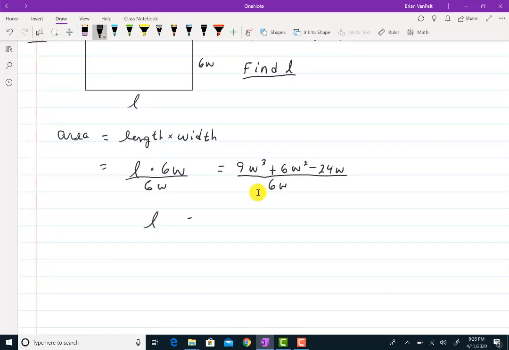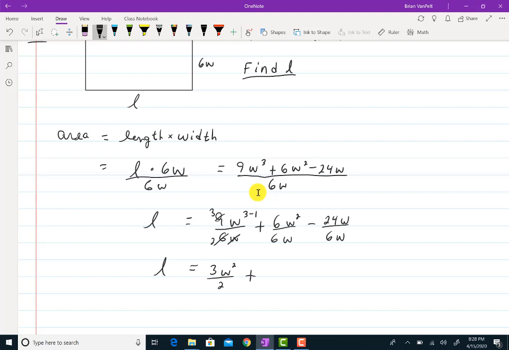So on the left, I'll get an L, and on the right, I'm going to break this up. 9w cubed over 6w plus 6w squared over 6w minus 24w over 6w. And now it's just like all the rest of our problems. The 6 goes into 9. Well, it doesn't really. 3 goes into both of those numbers, leaving a 3 and a 2. W does go into w cubed, so I'll get left with 3w squared divided by 2,